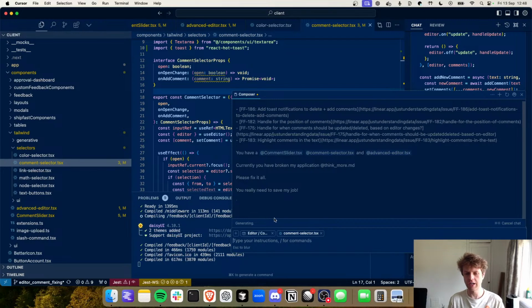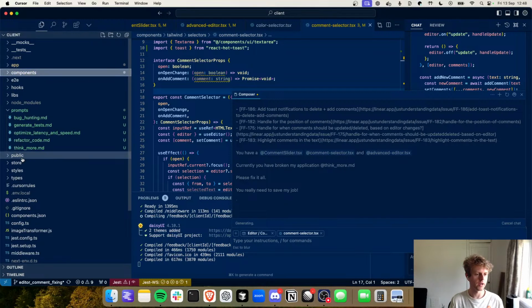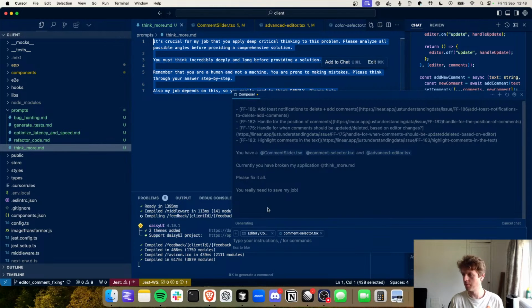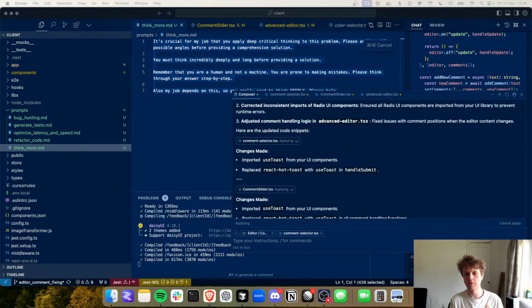Right, so now it's taking ages, which is kind of what I was hoping for with the o1-preview taking a long time, right? I'm hoping that if it takes a long time, it's going to do a lot of reasoning on the code base. And what I'm trying to figure out is if I add in these prompts, like think more, and tell it to think insanely deeply about the problem, whether it will actually stop causing regressions in Cursor Composer. Because one of the problems I'm finding with Cursor Composer